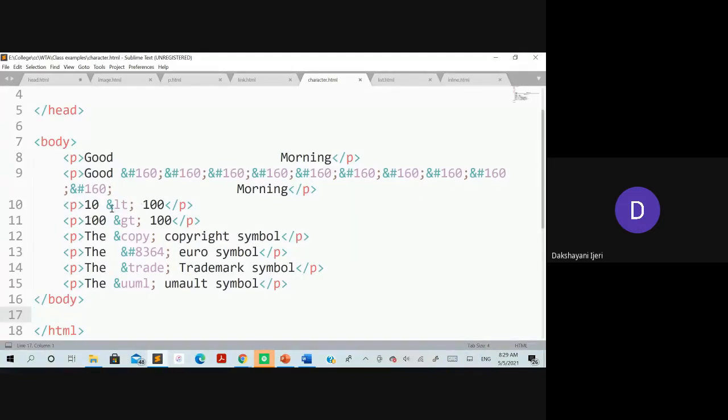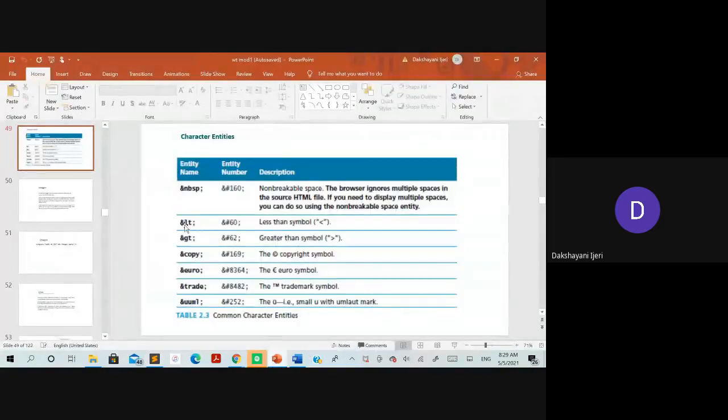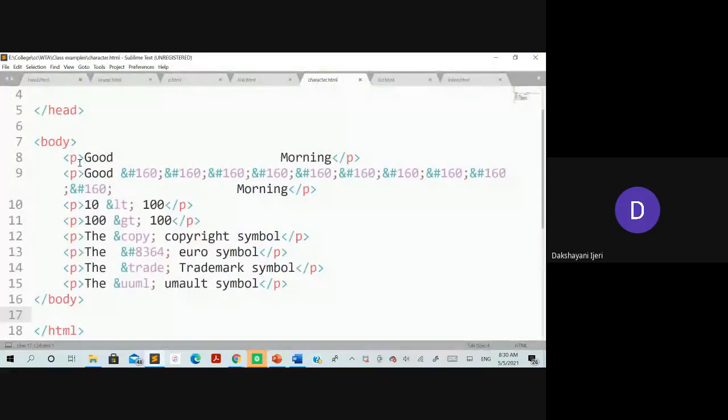Instead, you can use either the entity name or the entity number, as I just showed. So here, either you can use ampersand LT semicolon or else ampersand hash 60 semicolon. Both are acceptable. Okay, so you can see here 10 ampersand LT semicolon 100. That means it is going to be displayed as 10 less than 100.